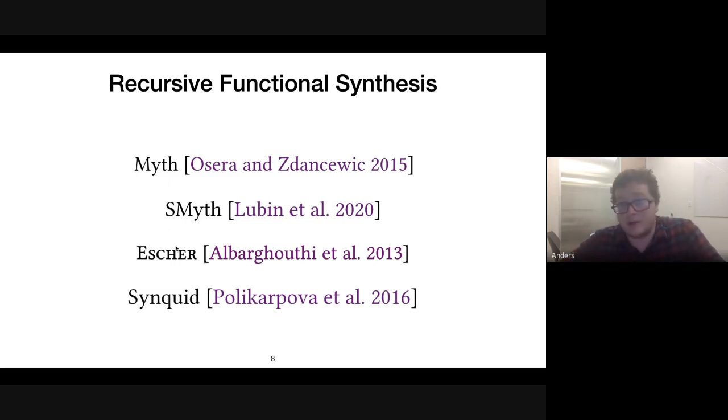There's nothing wrong with input-output examples. But some tasks require, I looked at the Smith paper and there's one task that requires like 20 examples. And at that point, why would you be using the tool? 20 examples is insane. And on Myth and Escher, they also have this weird restriction called trace complete examples.